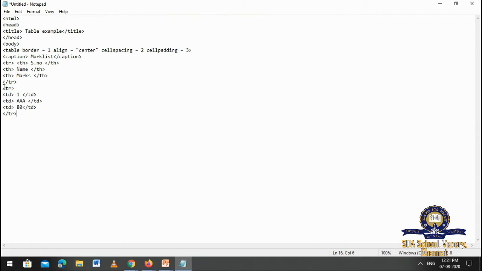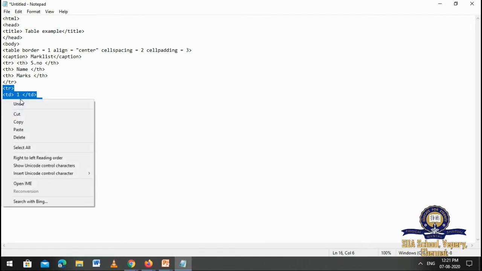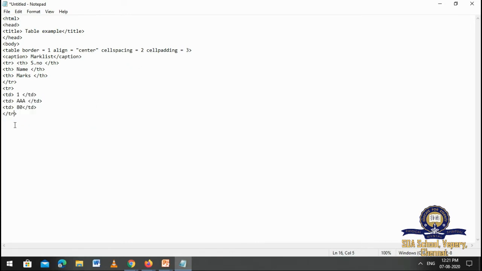Now I have to give a few more values. I'm just making a copy of it. You can even type or you can even copy and paste like this. So give paste. I'm changing the serial number. Now I'm changing the values. Serial number 2, and the name will be BBB, and the mark will be 85. Okay.